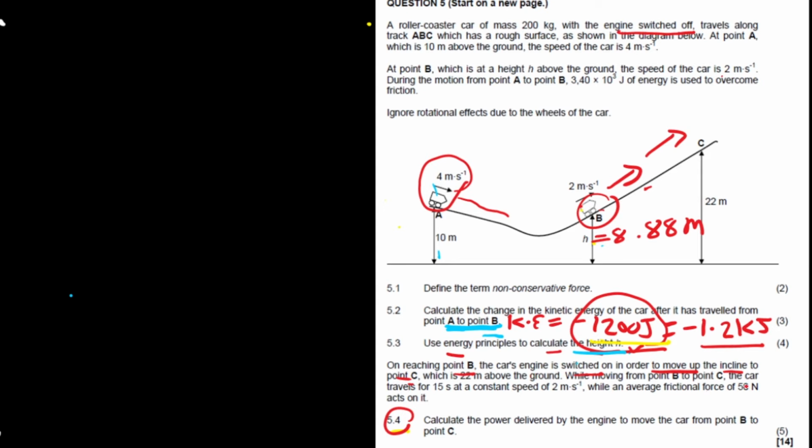Now, let's go. So now what do they want? The car travels for what? 15 seconds from B to C, 15 seconds. So we have a time, 15 seconds. And another thing they say, which is what? We have a height here, which is 22 above the ground. Here it's 22. Now, while moving from point B to C, the car travels for 15 seconds and the